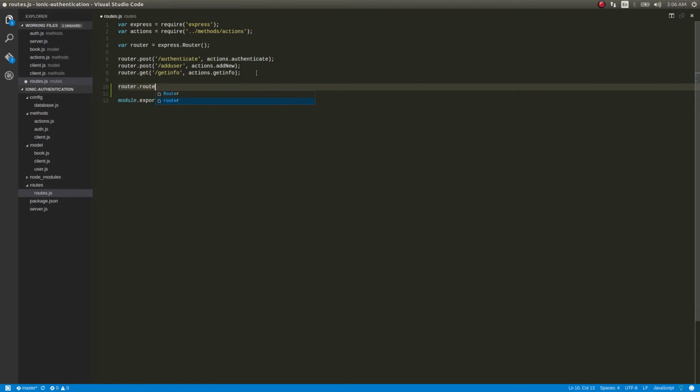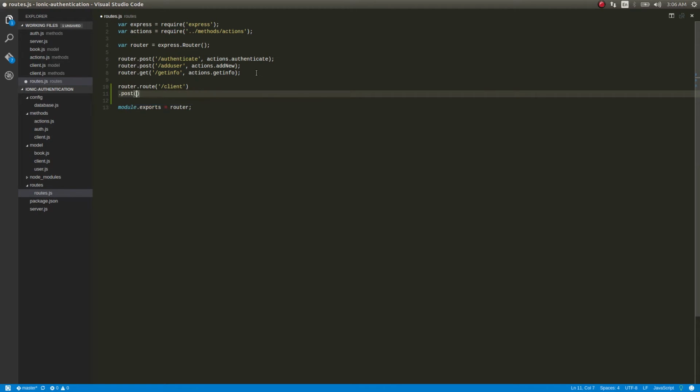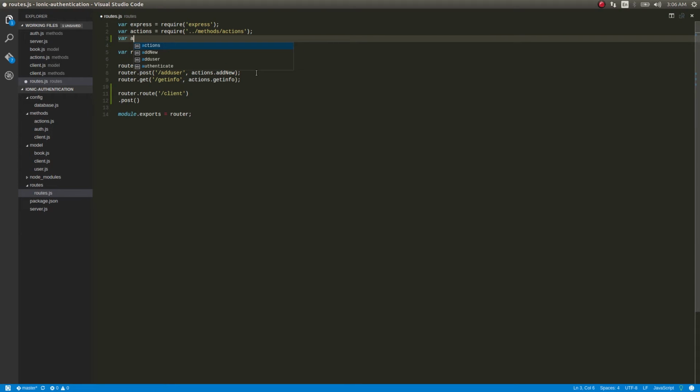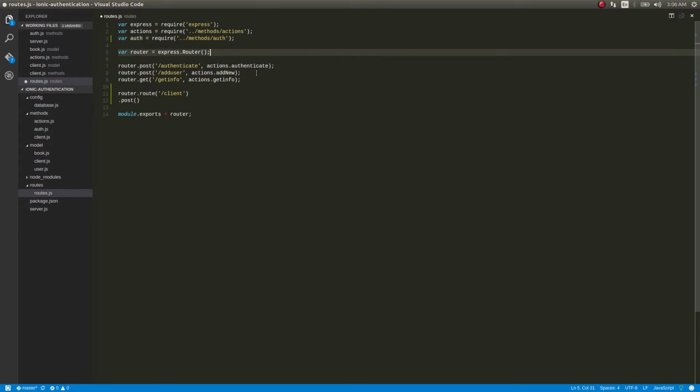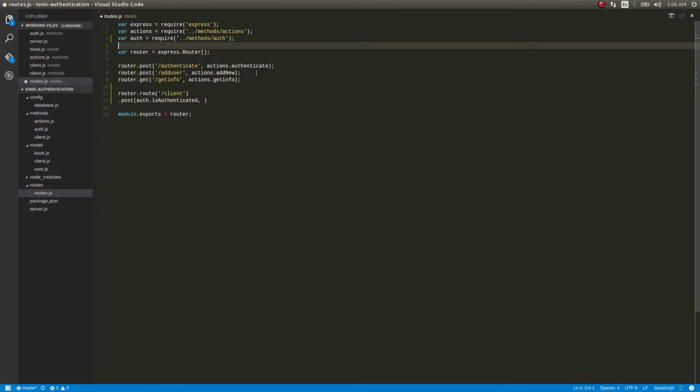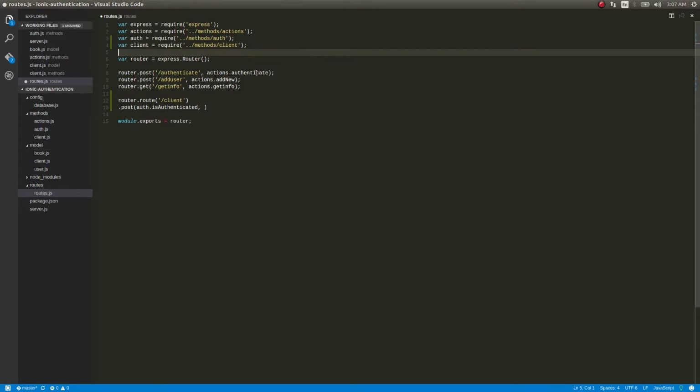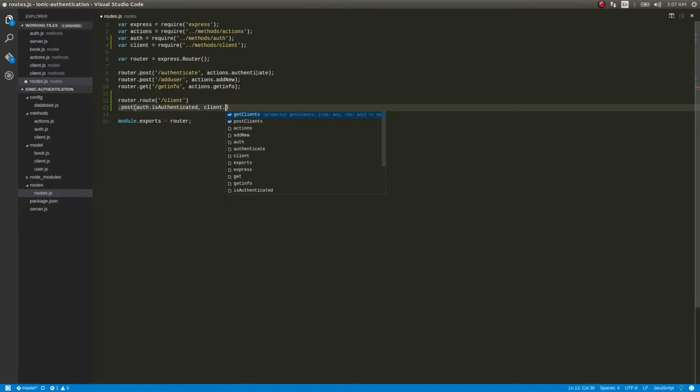For router.route('/client'), on post it will be... I didn't import auth. auth equal to require './methods', not model, methods. auth.isAuthenticated, and then client.postClients.